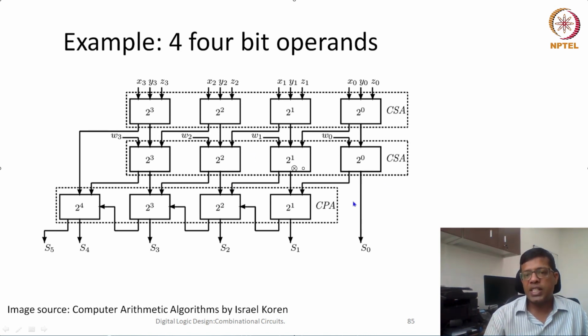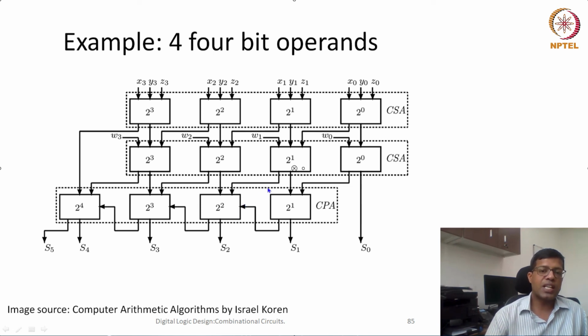Now after the second stage, there is only one output which is of 2's power 0 place. We can declare that as S0. The next one, this can be taken as the output here because this is 2's power 1. Now this is another input from 2's power 1, so this is a half adder which we have used here. Sum would be given here. Now the carry would be propagated to the next stage.